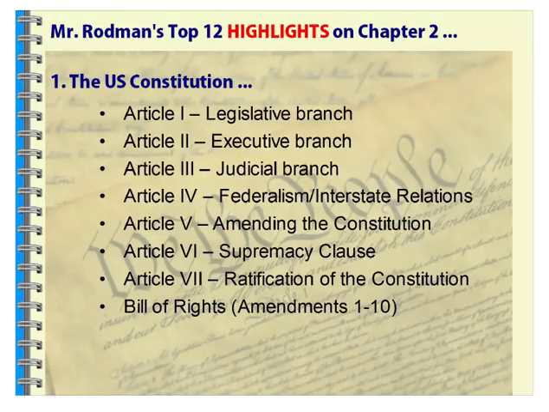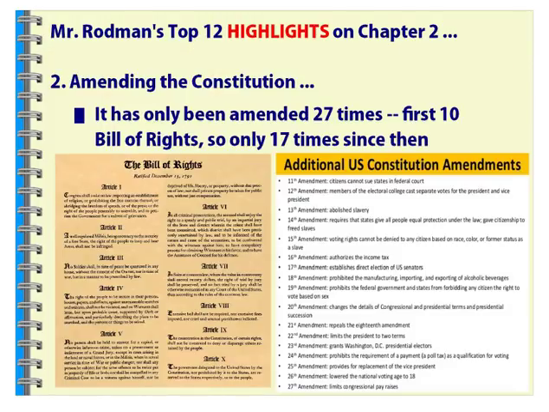Article 7 finally talks about ratification of this Constitution and the fact that 9 of the 13 colonies need to sign on to that ratification in order for it to take effect. Not unanimity, 13 of 13, like you did with the Articles of Confederation. And then we address the Bill of Rights, obviously the first 10 amendments to the Constitution. So amending the Constitution, it's only been done 27 times.